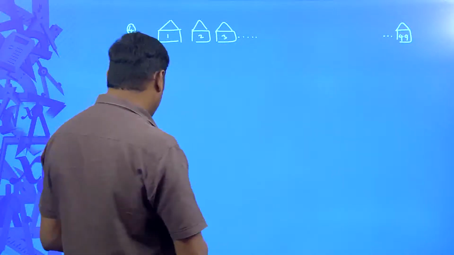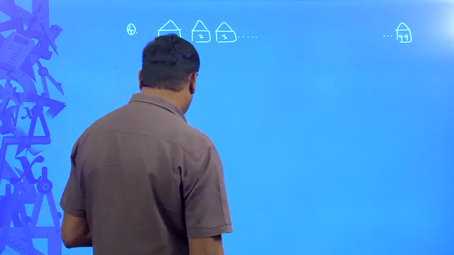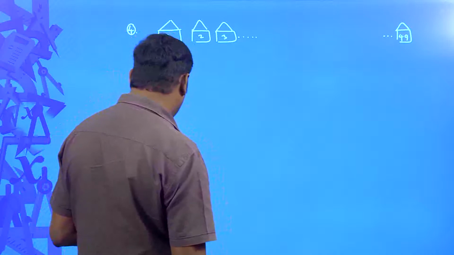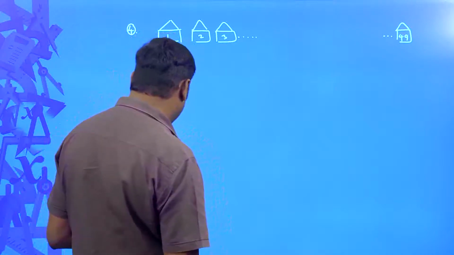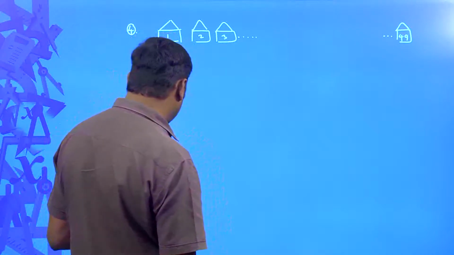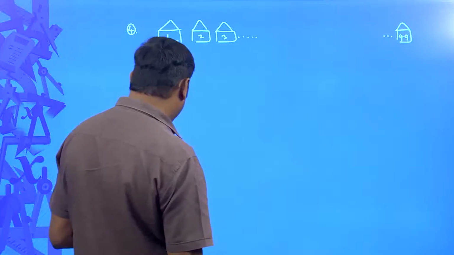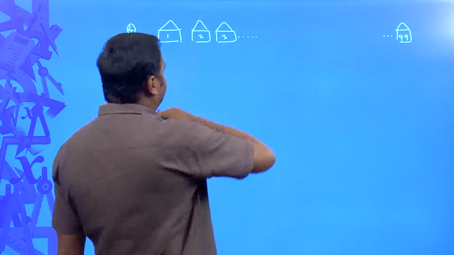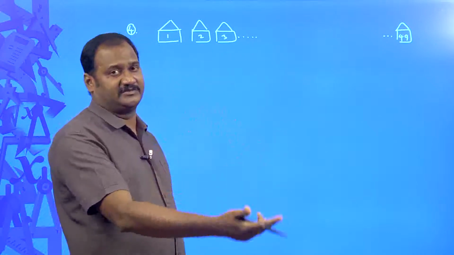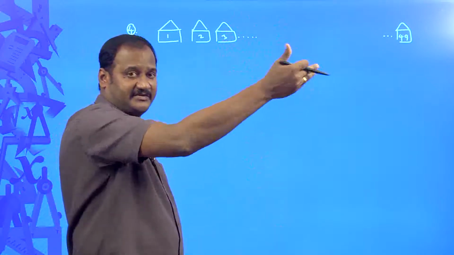According to the problem, there are totally 49 houses, but the problem is to show that there is a value of x such that the sum of the house numbers preceding the house number x... definitely there is a house number x in between 1 to 49. That number x can be the second house or third house or 48th house or some 36th house or 35th house, we do not know.